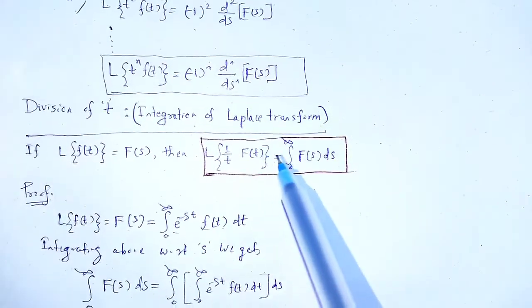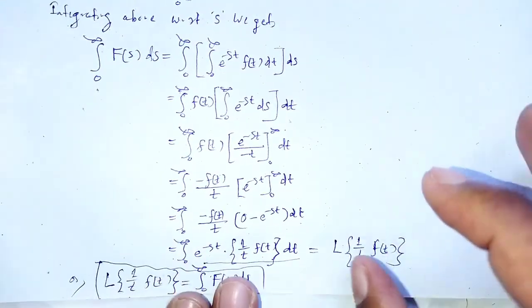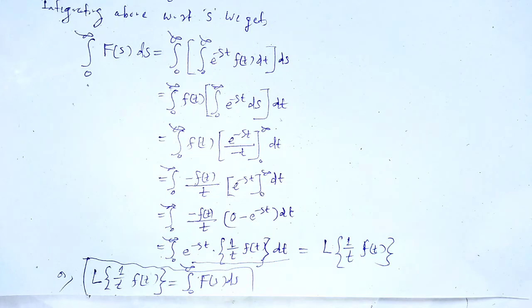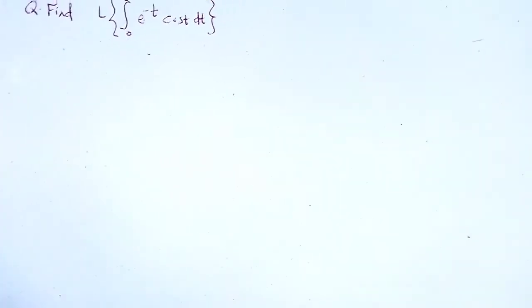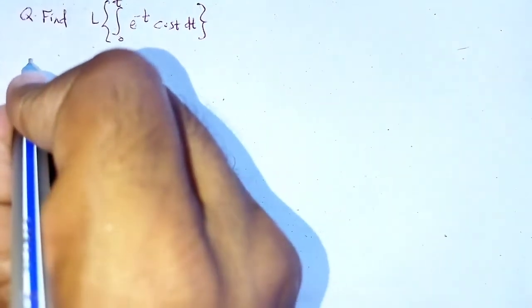So, when t is divided to that of function, then we use integration of Laplace transform. Now, taking some examples related to derivatives and integrations of Laplace transform. Find the Laplace transform of the given function, that is integration from 0 to t e to the power minus t cos t dt. That type of problem can be solved by taking Laplace transform of integrals. So, the solution,